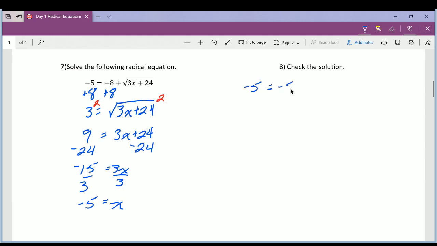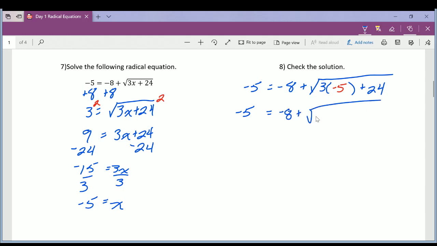So we will go back to the original problem, replace the x with a nice happy pair of parentheses, and put our proposed solution inside there. Again, you could just put this entire side into the calculator and punch it in and see if it matches the negative 5. If you want to do it by hand, that's going to be negative 15 plus